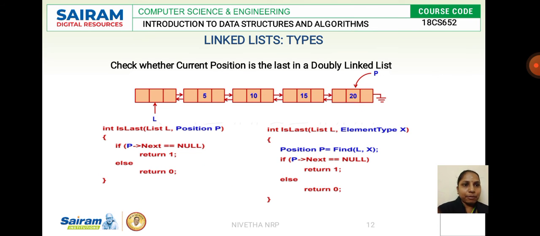See, here is an example for that. We have 5, 10, 15, 20. Suppose we are checking whether 10 is the last node. What is the position of it? The position of it will be the third position, right? So it will be returning the third position, and we are checking it. So P of next, whether the 10 of next is equal to null, we are checking it. If it is equal to null, we return 1. Here, the next position of 10 is not equal to null. We have 15 here, so it will be returning 0. So when it is returning 0, it specifies it is not the last node in the list. When it is returning 1, it specifies that it is the last node in the list.